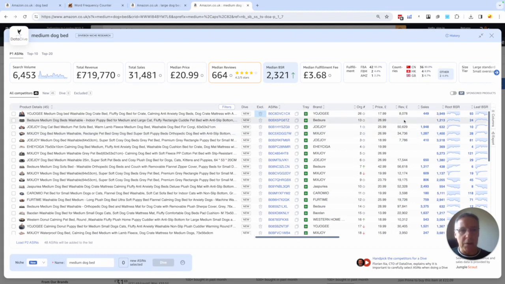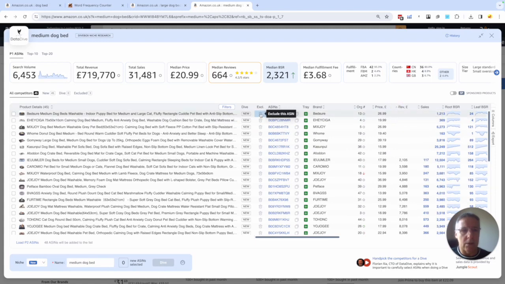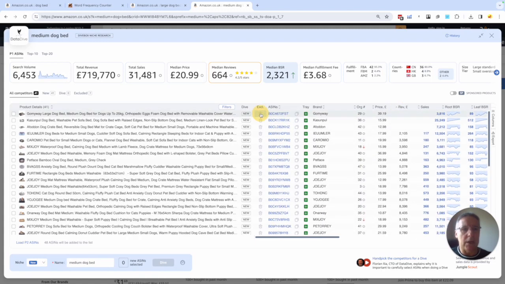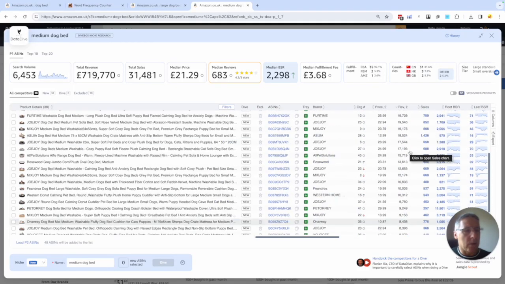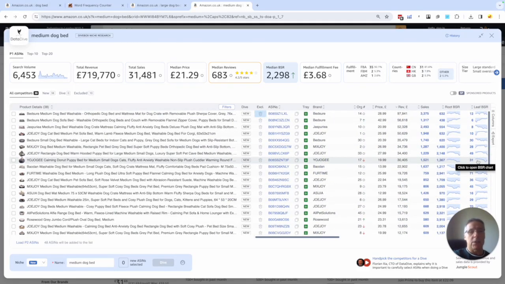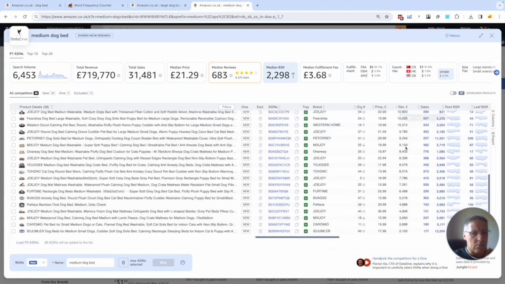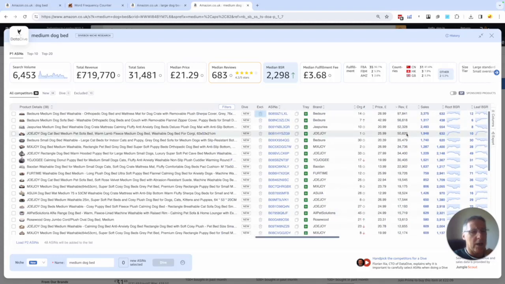It doesn't really matter whether you get rid of the 0 revenue products, they don't actually add any value. What you can do is sort and remove them, because they don't add much. But what we can see here is that the market is 720,000 for medium dog beds. So now we've got an idea of how big the market is. We can also sort by revenue and start looking at the characteristics. Let's say we've got a medium dog bed that we want to sell. We can see there is a big range of sellers, from selling around £2,000 right up to 97